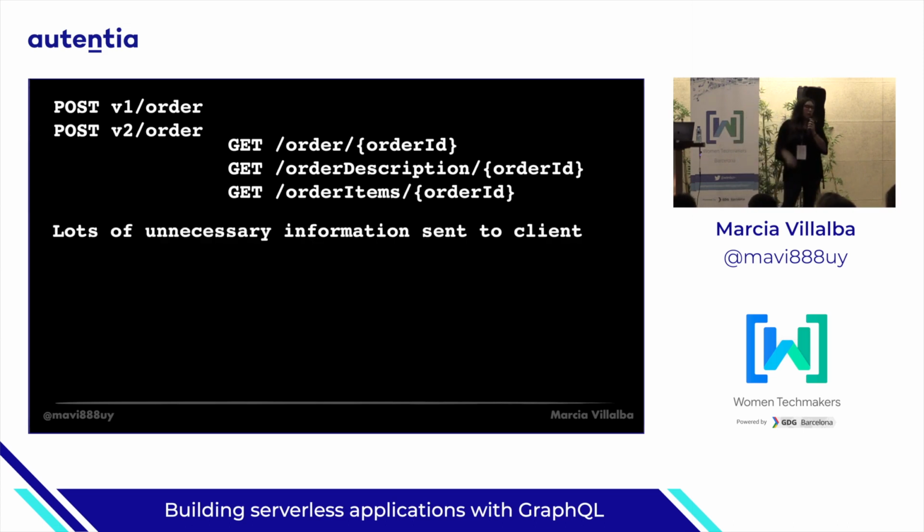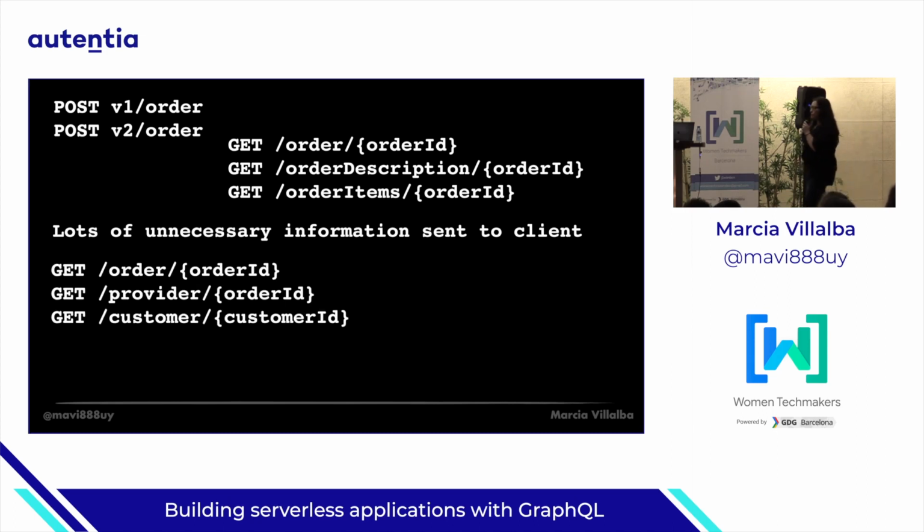And sometimes it's the other way around. You have one endpoint that sends a lot of things, and there are so many things that the client is basically fetching a lot of information that it doesn't need. It just needs the description. So the client is getting overloaded, getting a huge HTTP response that takes a lot of space in your memory, and if you're using a mobile phone, takes a lot of battery and is pointless. So lots of information back is not good. Asking for specific information with a lot of endpoints is not very practical.